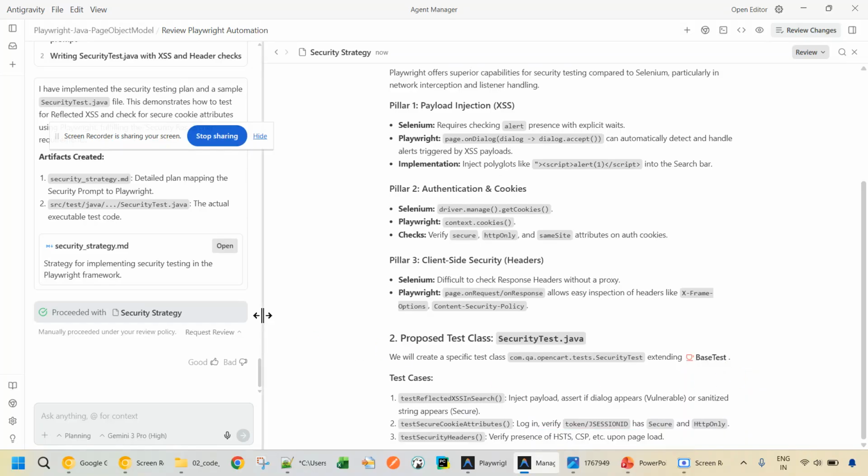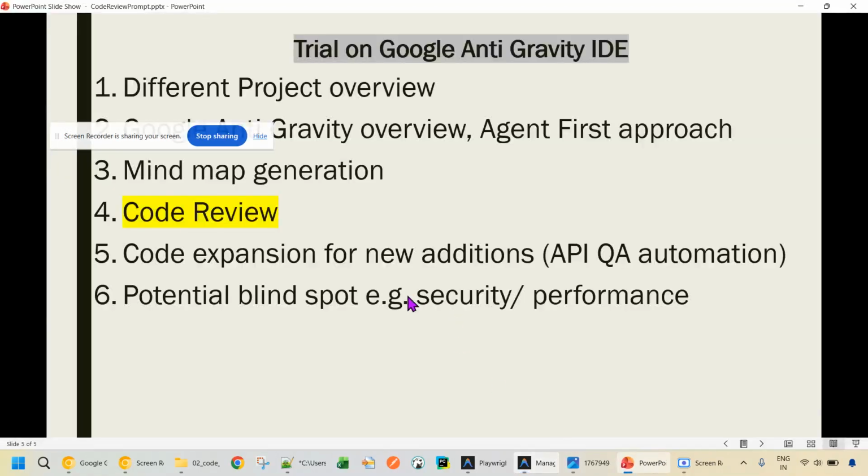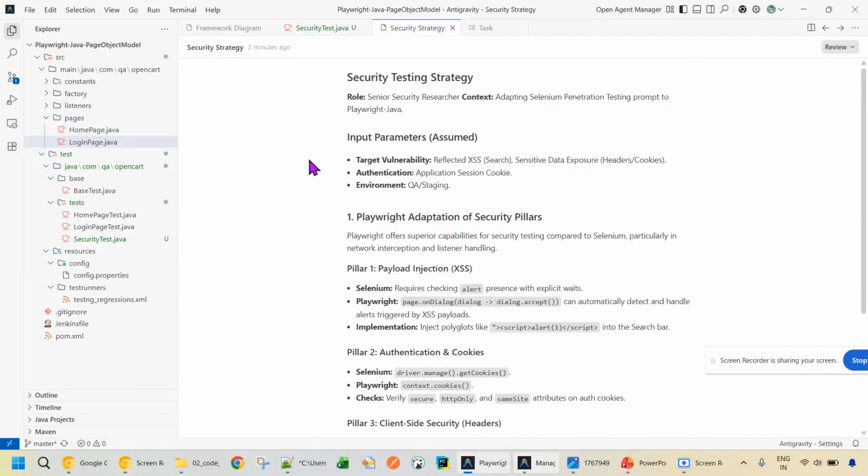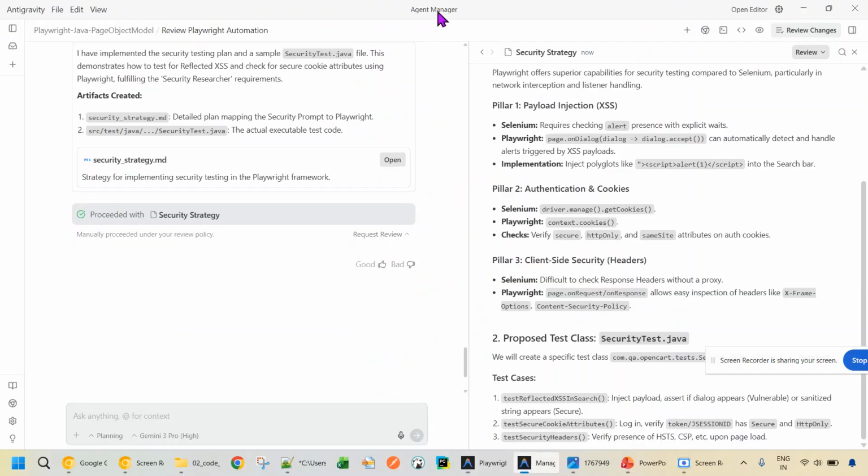So the overall thing is, with these AI assisted tools, we can not only do the code review, but we can get assistance for what can be done. We can improve. It will show some critical things which have to be improved, and it is with the role of a very senior level person, senior test architect, senior penetration tester. So that gives a really good edge for code review and code analysis and many other places which nobody normally can even think of. Okay, so that is for the code review with the Google Gemini